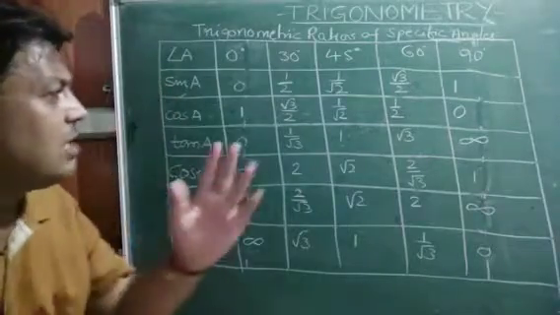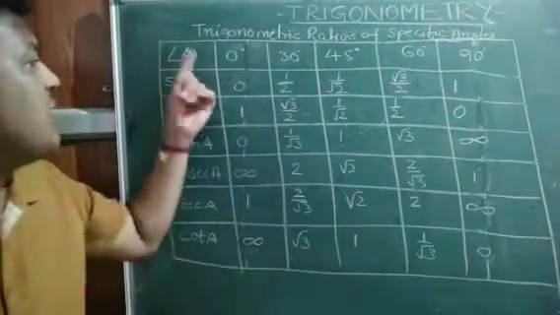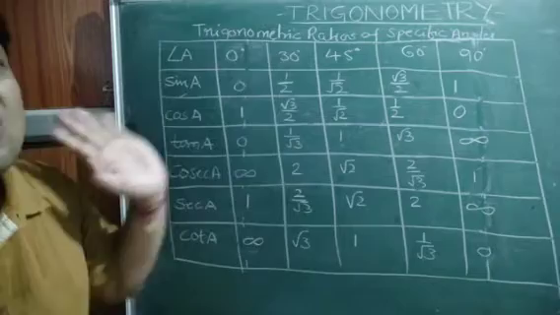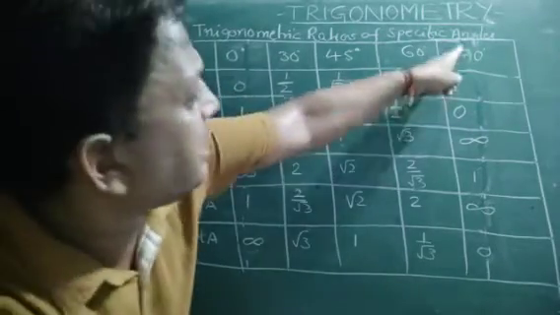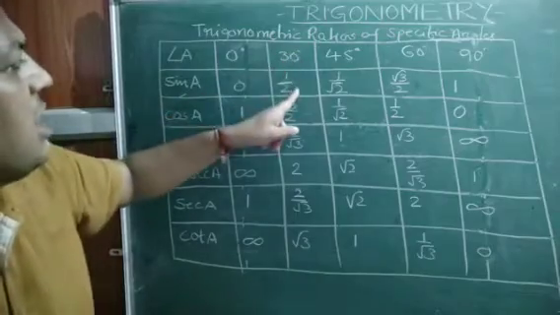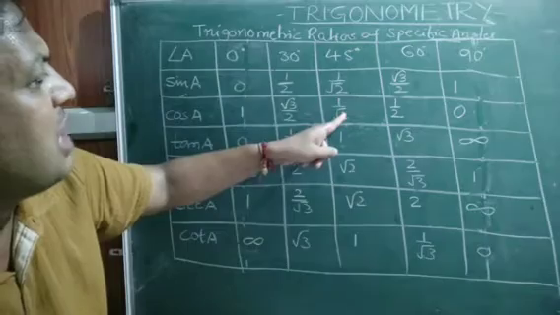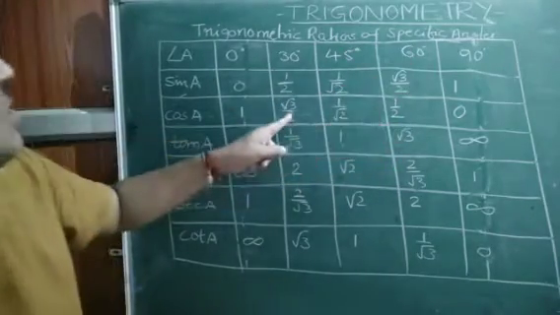I will tell one short trick also children for remembering the values. One thing is clear that if you know the value of sine, the cos value is here. For 0, 0. Here for 90, 0. Here for 30, 1 by 2. Here for 60, 1 by 2. 1 by root 2, 1 by root 2. Next here, after that 60, it's root 3 by 2, came here.